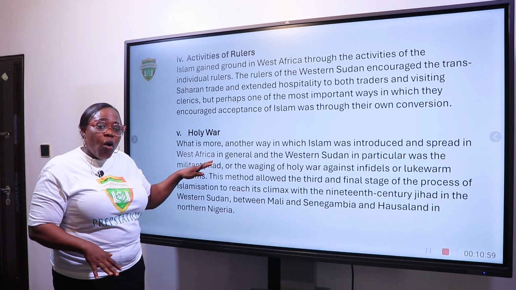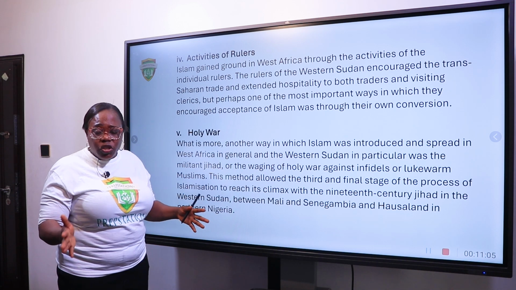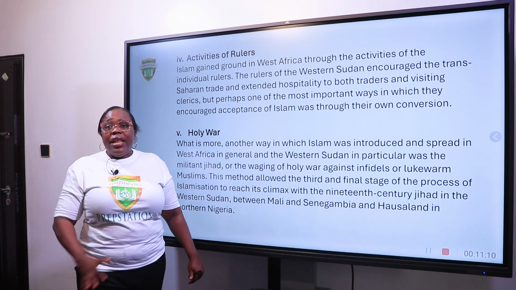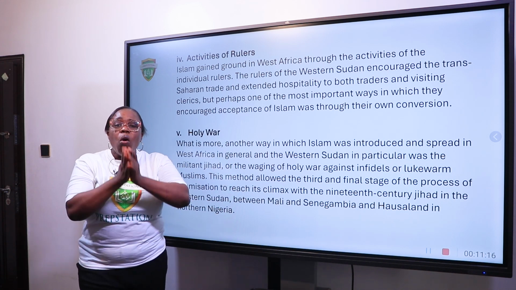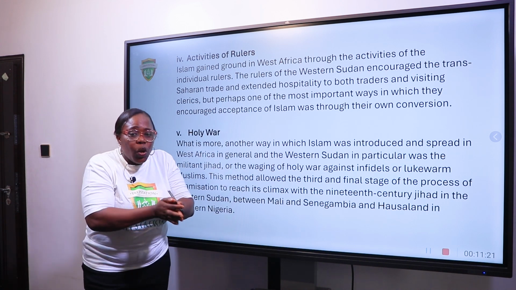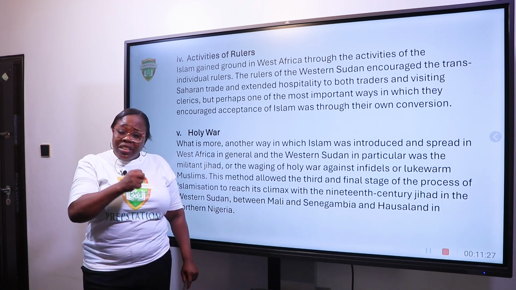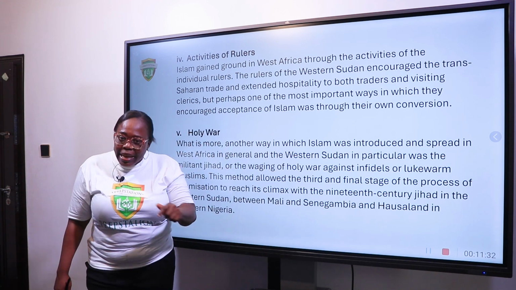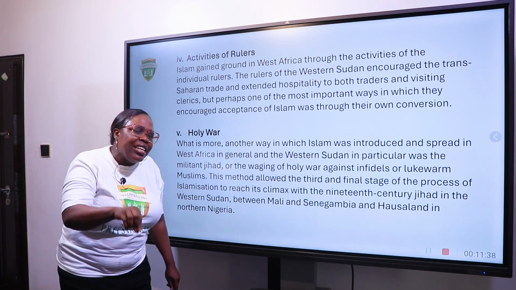The Jihad War or the Holy War was in the 18th, 19th century, which was led by Usman dan Fodio when he conquered the Hausa states. You know the story. Then he made Gwandu and he formed the Sokoto Caliphate. Sokoto and Gwandu were his headquarters. So the Jihad War was one of the wars that really spread Islam strongly in Nigeria. Please take note of this. But before the Jihad War, Islam had already existed.